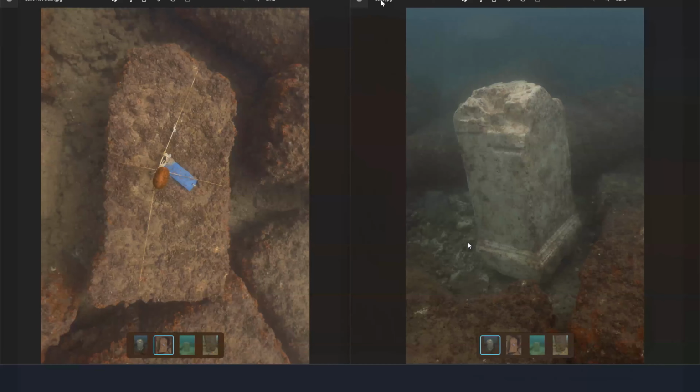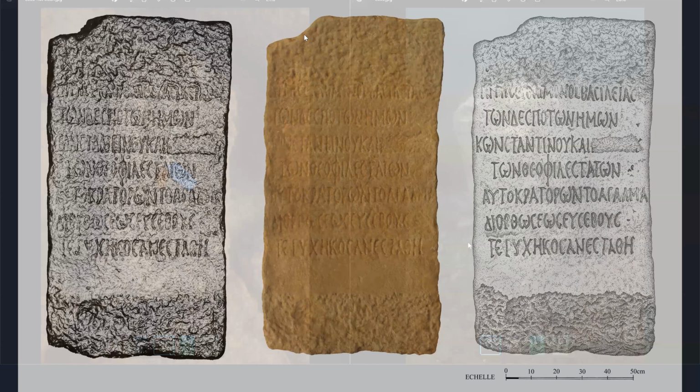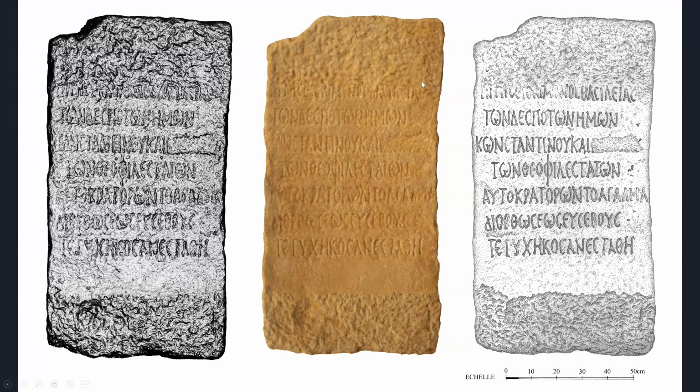So this image in the 19th century, the French mission intended to make some sort of casting for some blocks under the water to be able to know what kind of inscription. So the middle image, this is how it was done in the 19th century. And doing casting under the water is really money consuming and time consuming. And this is the result. It's extremely nice, but as I told you before, it is money consuming and time consuming,